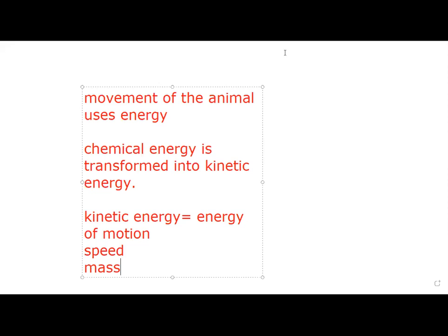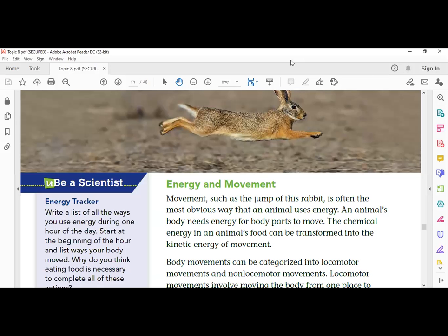Anyway, this first paragraph, I want you to know that animals use energy for movement, and in this case the chemical energy of the food is transformed to kinetic energy, or the energy of motion. Is this clear, guys? Now,